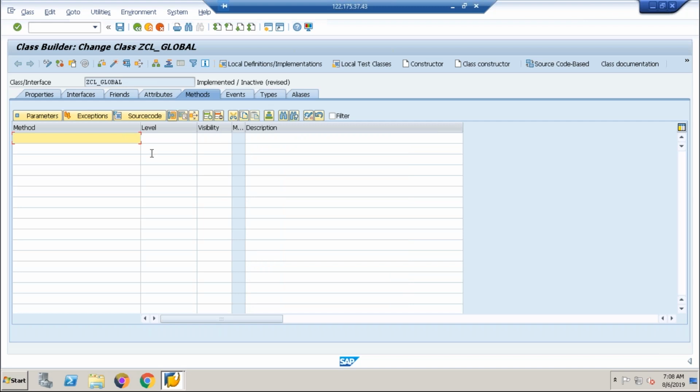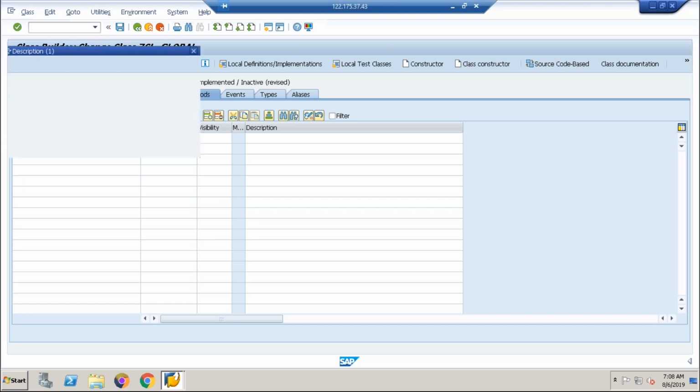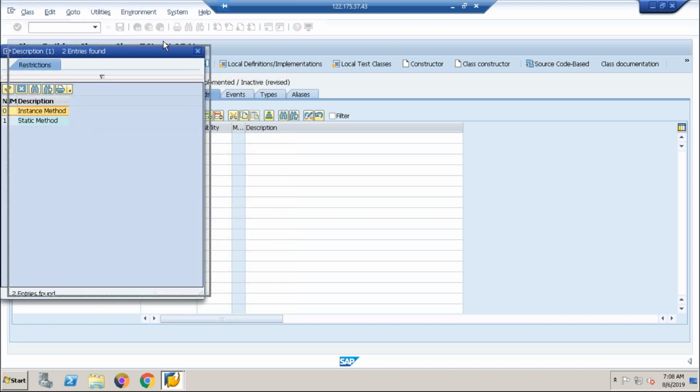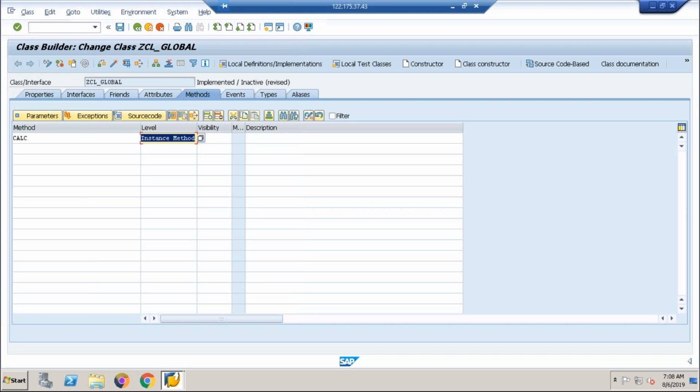In the methods tab, provide the method calc, for calculation. What type of method? Static or instance method. It's an instance method, so I will call this method with the help of an object of the class.